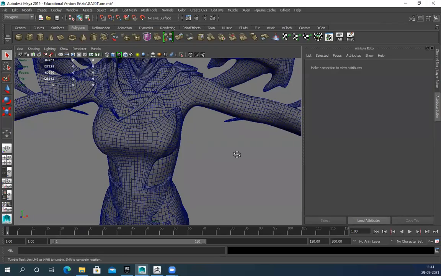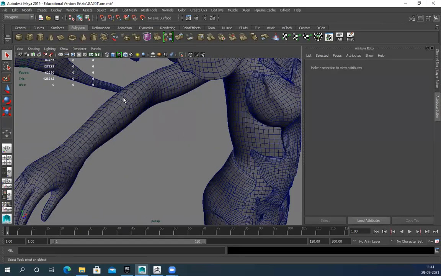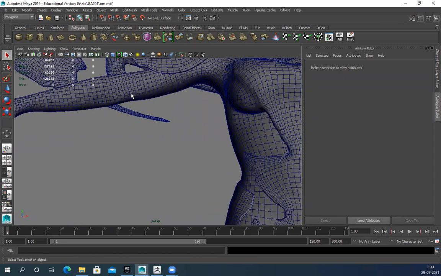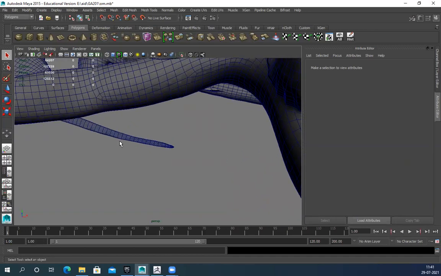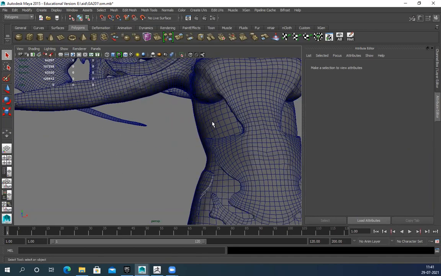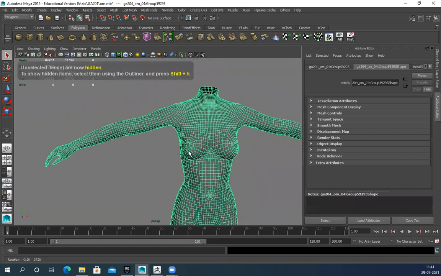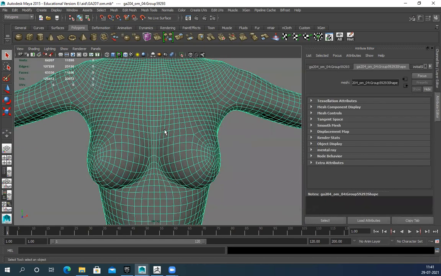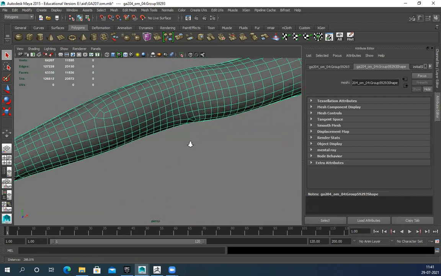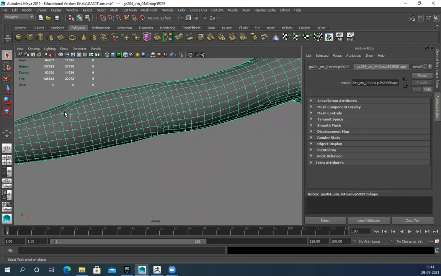The body, I just simply exported, I haven't modified anything. You can see it's the same mesh from ZBrush. I'll fix this. Even here, you can see this pinch, so I'll remove this and optimize this, and the rest everything. Almost everywhere I can see the topology is accurate. There is no problem at all. Only I can see this pinch and this pinch.